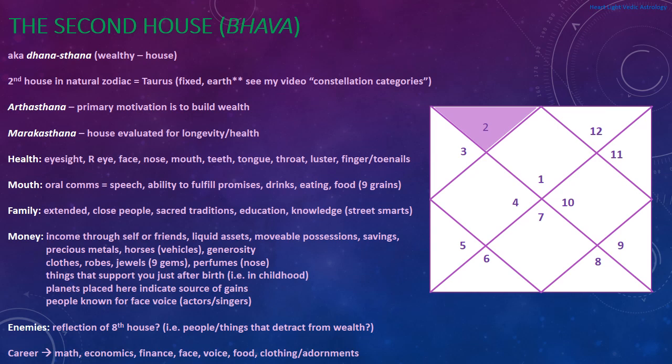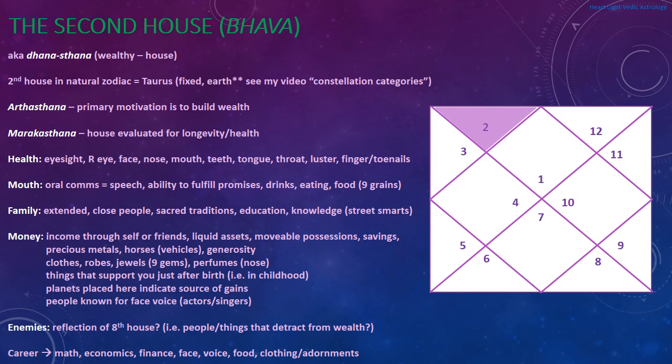And other forms of money or wealth, or at least kind of demonstration of wealth, are things like clothes, robes, so maybe uniforms for work, also jewels and perfumes. These are all kinds of signs and symbols of wealth, and also what people might notice about you, because again, we're talking about head, face, neck. So things like jewels are typically worn. A lot of them are worn like on the earlobes and the neck and that sort of thing. Although they can be worn in other parts of the body.